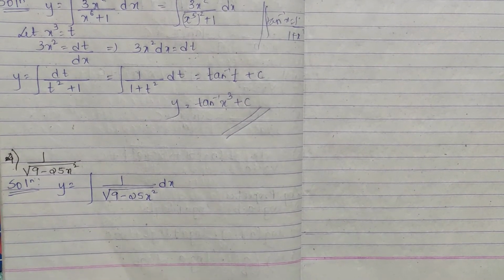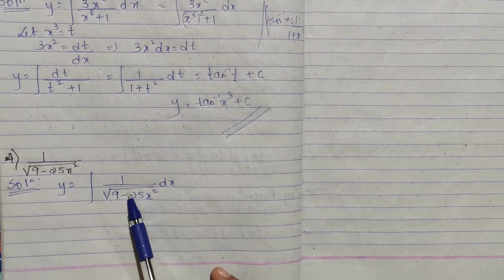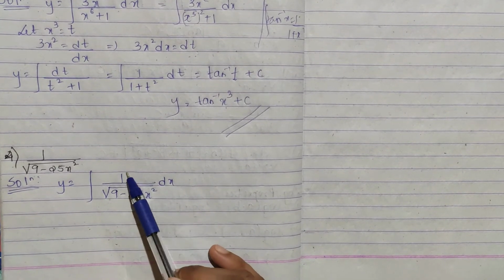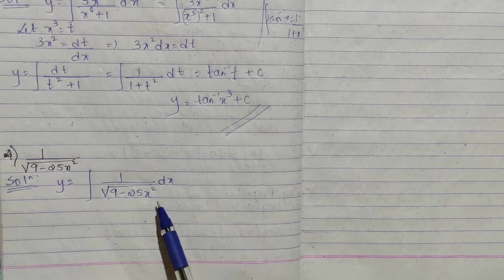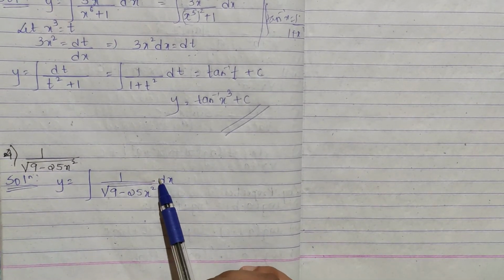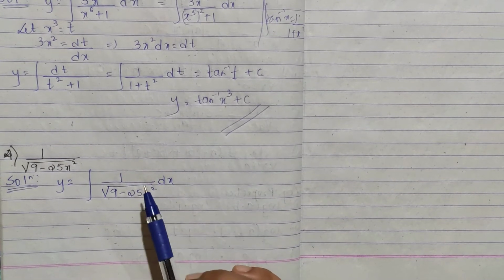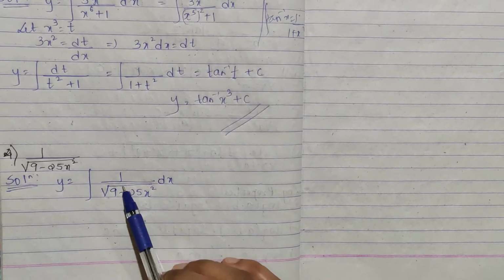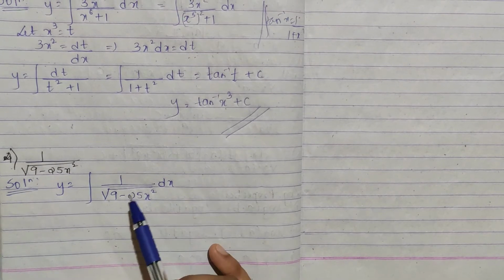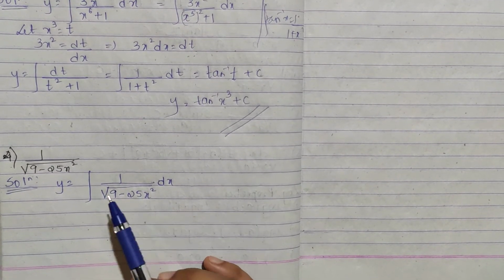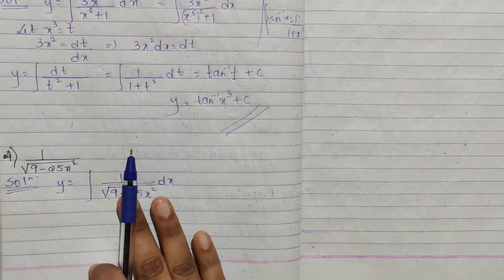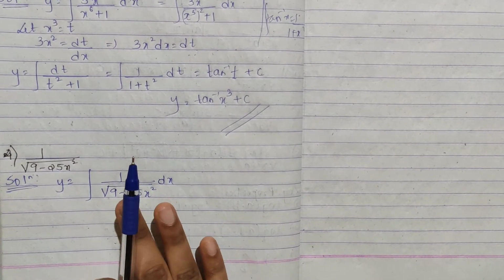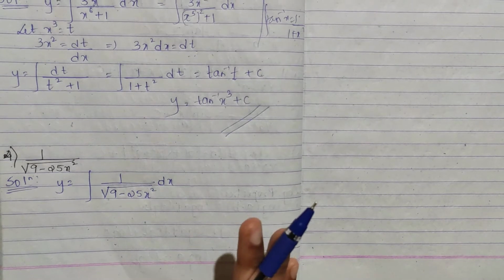Even if you try substitution, we can't take any substitution here because its derivative is not there in the numerator. If I take x square, there is no such 2x dx, so substitution also doesn't work. If we go for trigonometric, there are no such ratios that I can make use of trigonometric identities. So only one thing is left: I can make use of the standard formulas of this exercise.